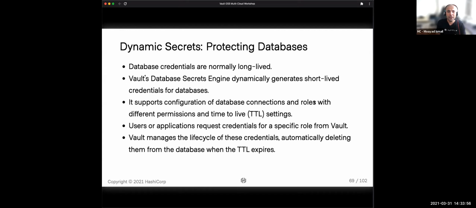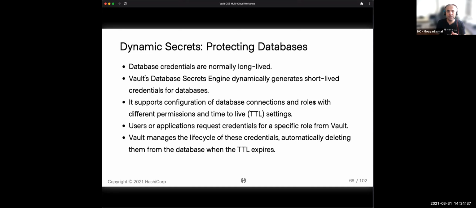So, protecting databases. Database credentials typically are long-lived. You've seen it way too many times where you create local usernames and passwords on the database system itself, and then you hand them out to an application or to an administrator, and they're long-lived. But they do not get rotated very regularly, and this is where the dynamic secrets engine for Vault comes in, where you're able to dynamically generate short-lived credentials based on a time to live that you specify. So you have full control of the life cycle. You're able to revoke, rotate, and safely share those credentials with whoever needs them, once they've authenticated, of course.